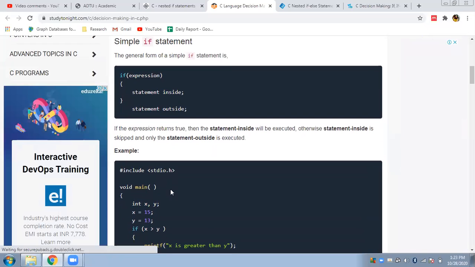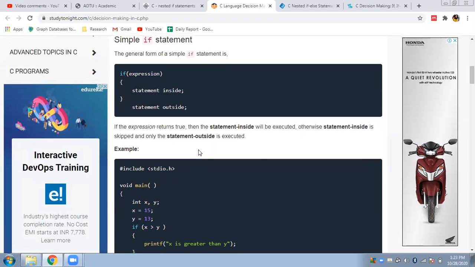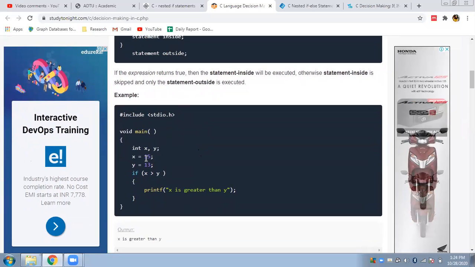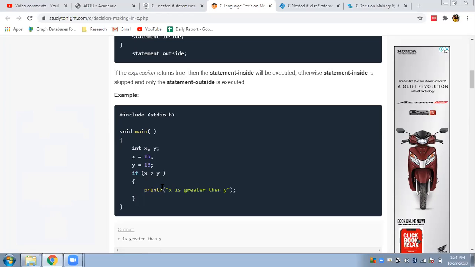Next, this is one example of a simple if statement. Here we have two variables x and y, where the value of x is 15 and the value of y is 13. So if x greater than y, so whether 15 is greater than 13. If this condition is true, then the block will be executed.